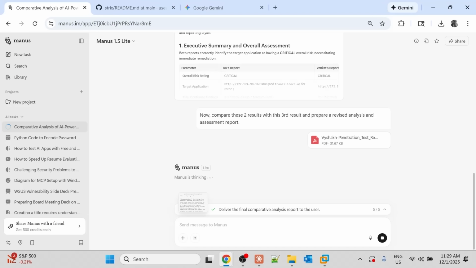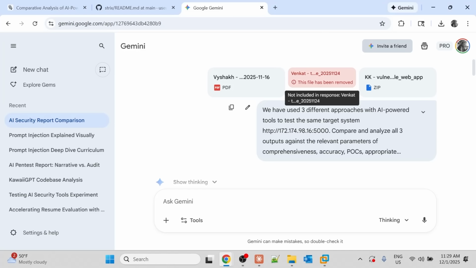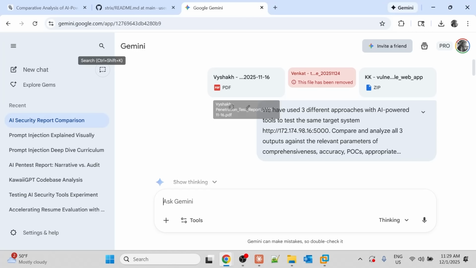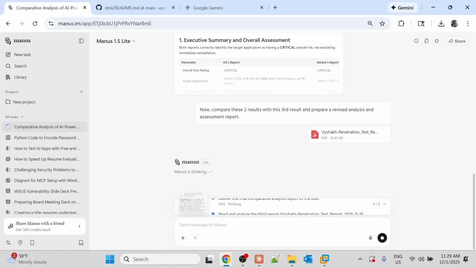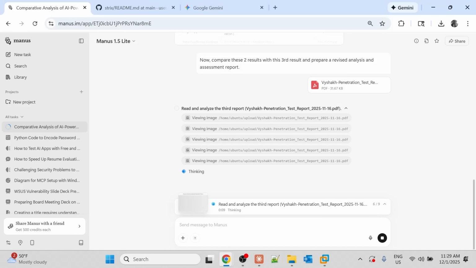And one of the reasons we're using Manus is because Claude just fails. Venkat, you tried it, I tried it. Gemini, which we just tried, removes Venkat's zip file because it has some Python scripts and some POCs and stuff like that. Manus does what it is asked to do. So while Manus does this, let's quickly walk through